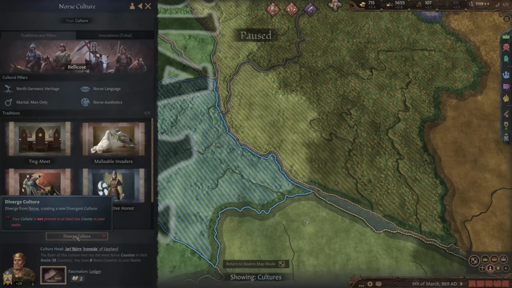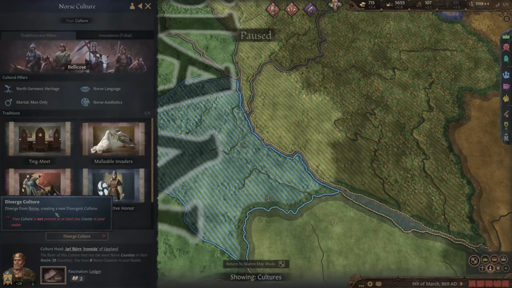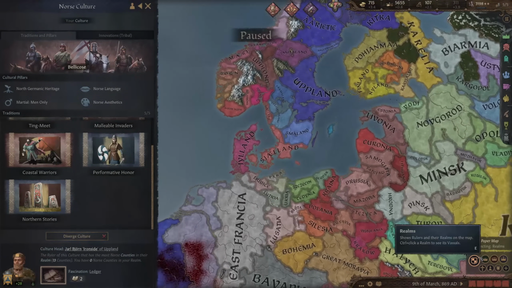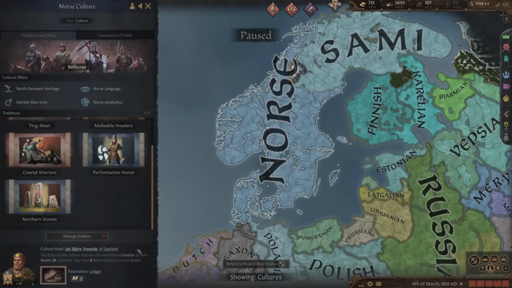And lastly, there's the diverge culture button. This lets you form a new culture with your old one. It requires you to have the culture present in your county, and it's very useful if your realm is too far away from where your culture otherwise is located, so it's impossible to become the